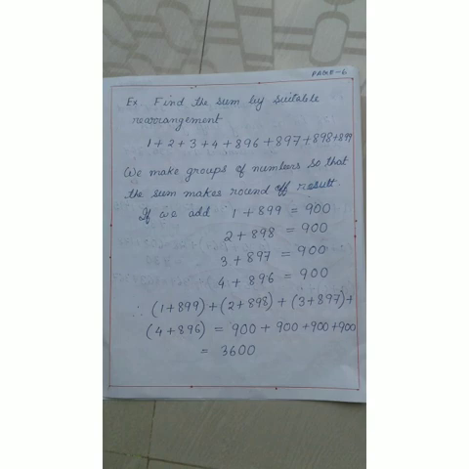If we group 3 and 897, that will give us 900. That is another round off number. If we add 4 and 896, that will also give us a round off number. So 1 plus 899 is 900, plus 2 plus 898, that is also 900, plus 3 plus 897, that is 900, plus 4 plus 896, that is 900. And now this is very easy to add, which will give the result